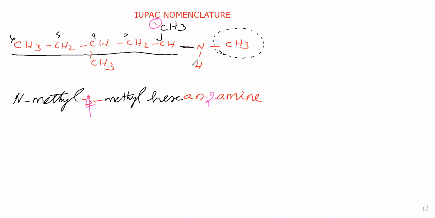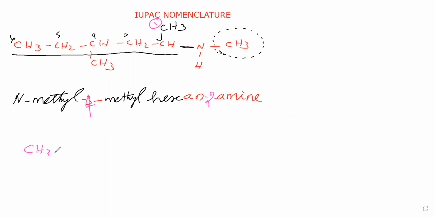That means the carbon attached to this functional group should get the least position. This functional group should get the least position. Numbering we have to start from this carbon only, not from this N. For carbon only we have to start. While starting, we should not start at this carbon, you go to this extreme, otherwise this extreme. We have to start at this one only, because this is not the functional group. This carbon is linked with the functional group. That's all.